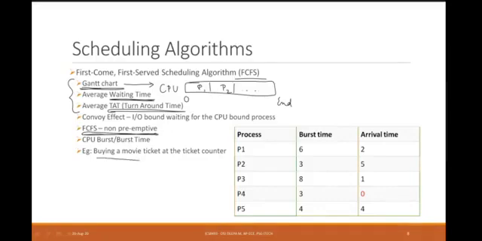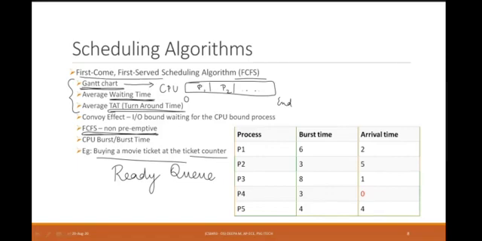So the example you can take is, you're going to buy a movie ticket at the ticket counter. As of now, no one is going to a movie, or rather we don't go to a ticket counter at all. But still, if you are going to a movie and you're going to buy a movie ticket, you're going to stand in a queue. That queue is called my ready queue. Once you get your turn at the ticket counter, you're going to finish your job and then come out. You're not going to come out in between paying money, saying I'll come back and pay money. All of that is not allowed. Such a condition is called first come first serve. Whoever comes first will be honored first.